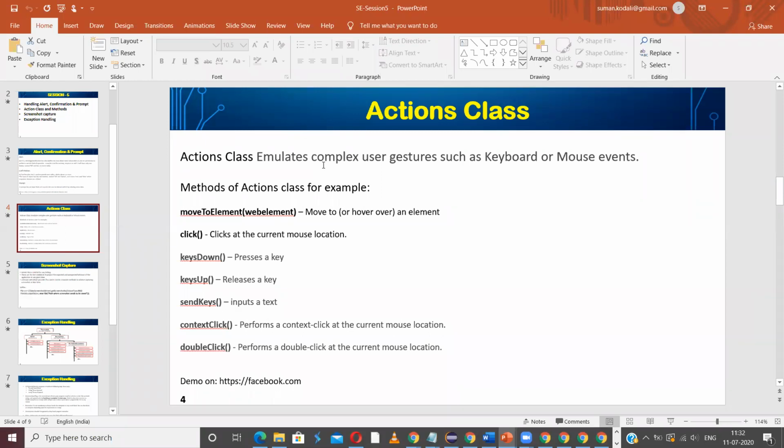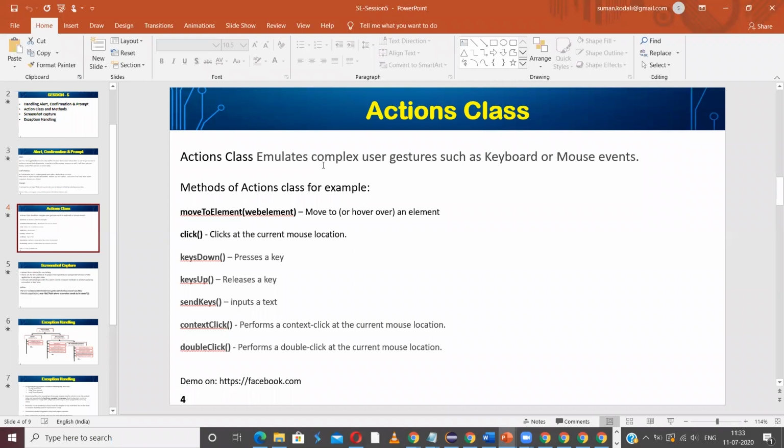In order to display the submenus of a menu, sometimes we need to hover over a main menu item. For that purpose, we can use move to element. We have to locate that element first, and then use the move to element method of the Actions class.